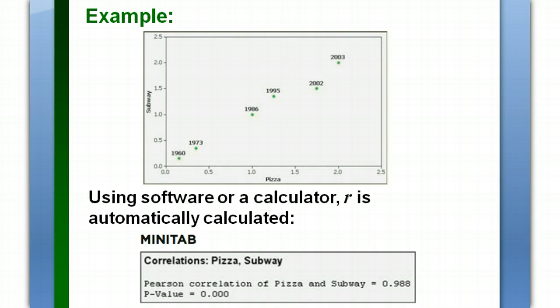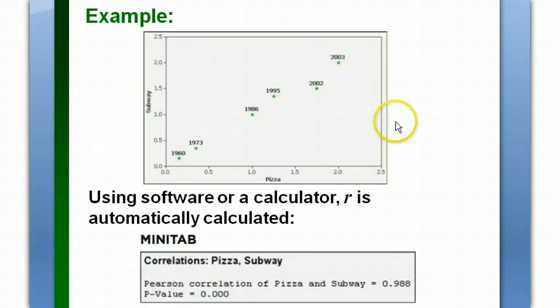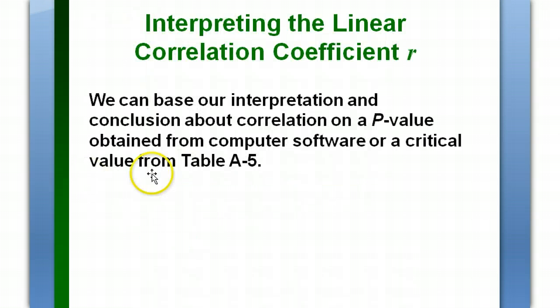Alright, now what are we going to do with that 0.988? Obviously it has a linear pattern, so really that's all we would need there, but the way this method wants you to do it is, we're going to base our interpretation of that R value either on the p-value method, which is the p-value here, right? We're not going to use that. We're going to use just the table from A5. So in your book,